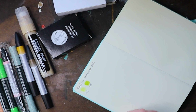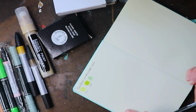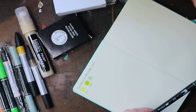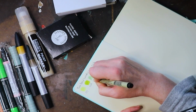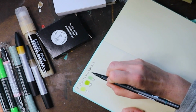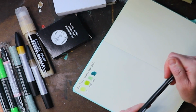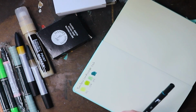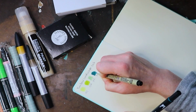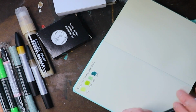So I made that rule for myself and I followed it for a super, super long time. And just recently, I've seen other people use supplies like this for a long time, and I always wanted to try it. It looked like so much fun, and I didn't do it because they weren't light fast. And recently, two things have happened. One, I've been working in my sketchbooks way, way more. But two, I've also been working on illustrations. And illustrations can be, you know, scanned in. So you don't need